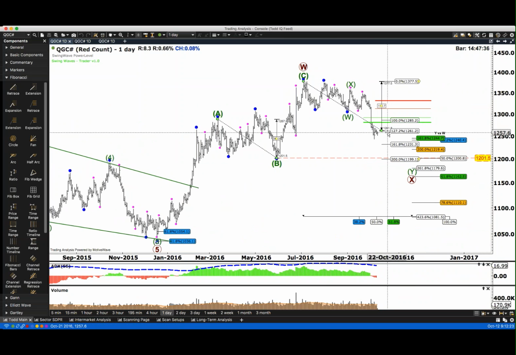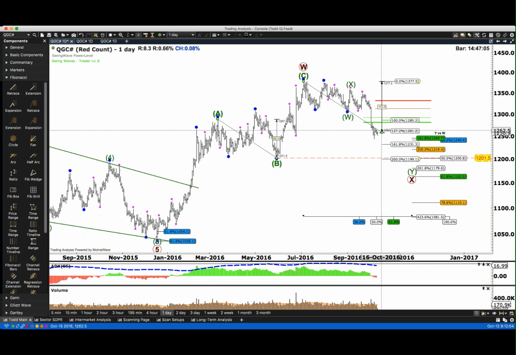Okay. This little study is interesting. So this is what they call overbalance, and my good friend Bob Miner kind of brought this to our attention. When you have a correction that's been bigger than any of the prior corrections, that tends to signal a price change. And what I mean by that is if you take the distance of this correction right here, 100% is at 1285. So if I'm projecting distance traveled here compared to distance traveled here, 100% is 1285. We've exceeded that and we're down to the 1272.